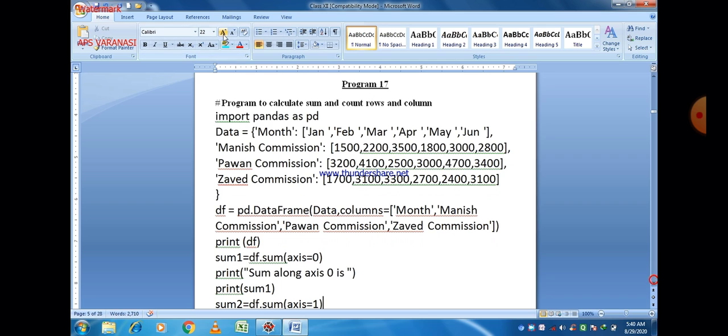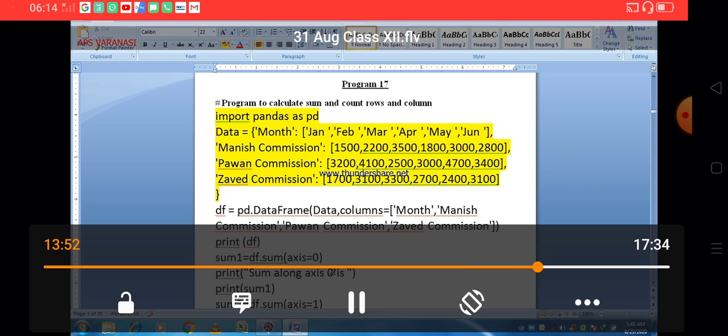So the program to calculate the sum and count rows and columns. So we have to find out the sum along axis 0 and along axis 1, and count the number of rows and columns in a particular data frame. So first of all, we have to create a data frame.